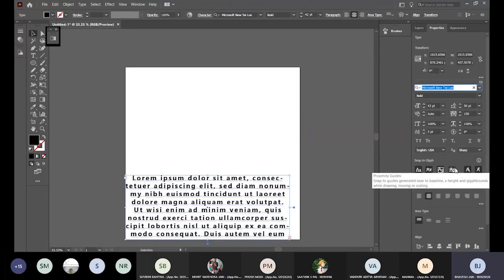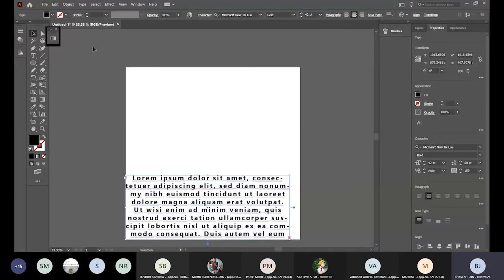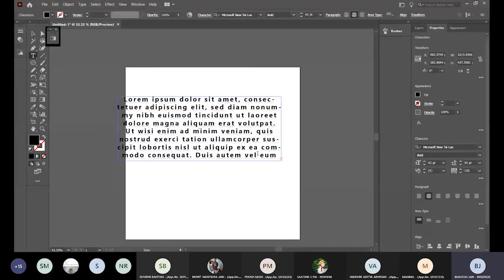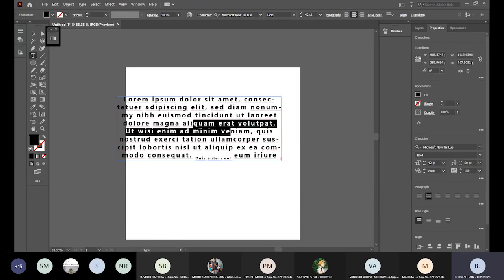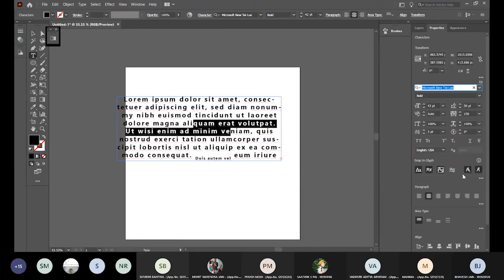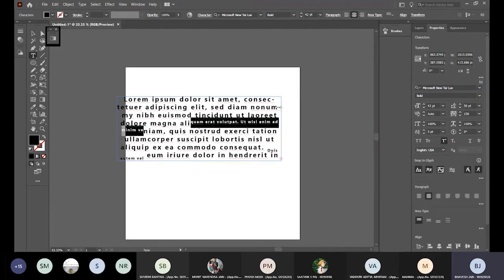So in essence, you can do everything that you would do to a shape with the exception of playing around with strokes, with the exception of direct selection tool. You can more or less play around. अच्छा, another important thing ये कई बार चाहिए होता है, so I'll show it to you guys. If you want to add subscripts and all, see these three dots, more options, go here. Now it becomes subscript. I want to select this text and make it a superscript. So there you go. Now it's a superscript.